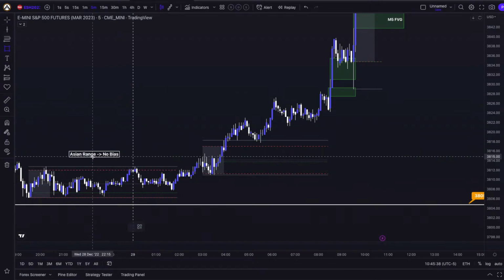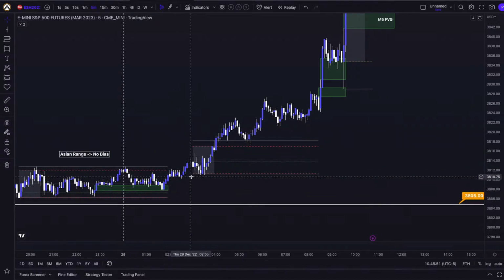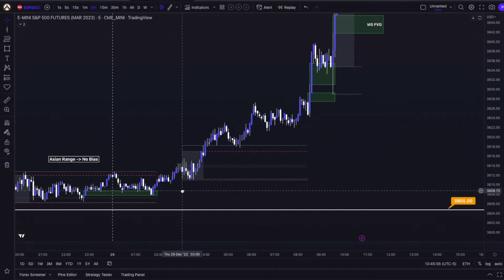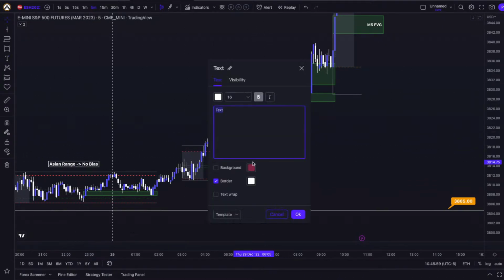We could start to draw fair value gaps even from the Asian range down here. For example, this one has been filled beautifully, from which we actually started to move further to the upside. It left behind a few more fair value gaps in here somewhere and down here that haven't been filled. But for our overnight range right here, I'm just going to call it the London range because it makes it lots simpler. London range,